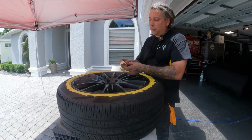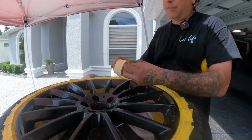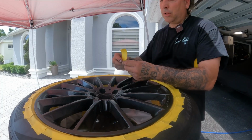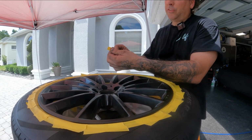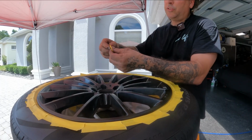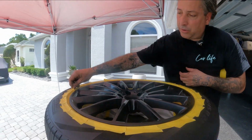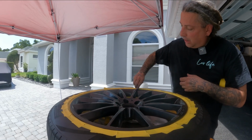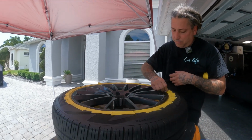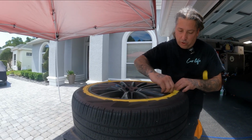All right, so what I like to do now is take a little bit of tape and fold this up and make a little piece of tape that's folded up, and now both sides of this are smooth. There's no tape adhesion coming out. And what I'll do is stick it down in here and run this around with it. You can use a piece of wood or a piece of plastic, but this works good